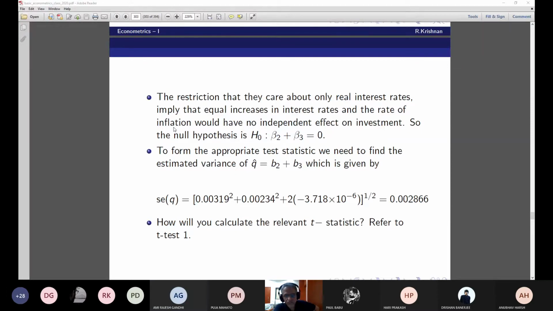Sir, for the covariance part, can we use the formula like this? We know that the variance of beta is equal to sigma square into X transpose X inverse. So from here, the non-diagonal elements will give us the covariance. Correct. I have to give you that data set. You are going to take X transpose X inverse? No, sir, that will have to be provided by the package. We can't do that manually. Okay, so the package will give you that.